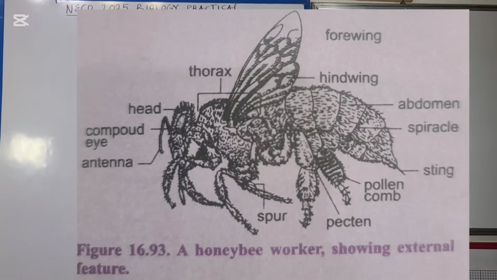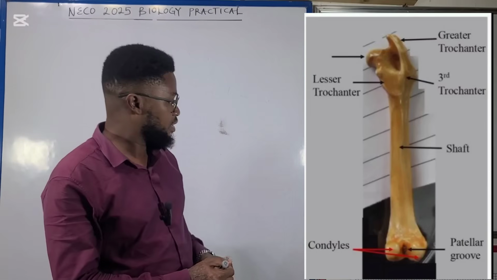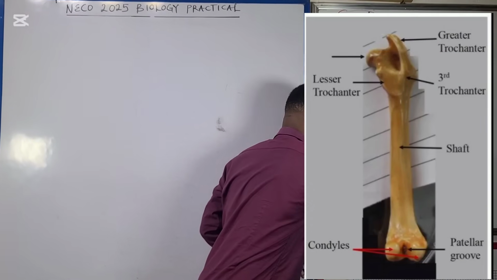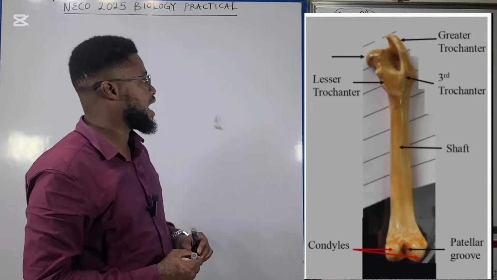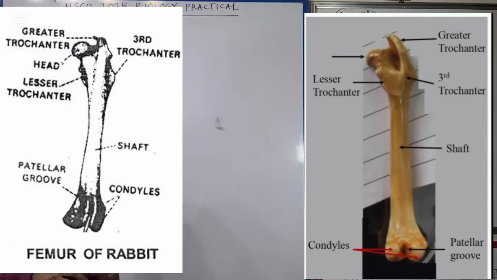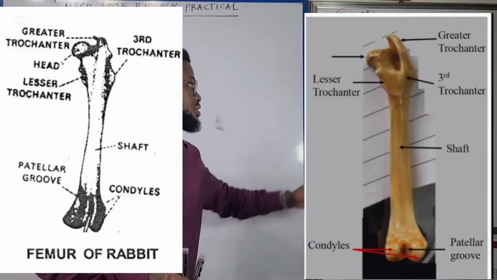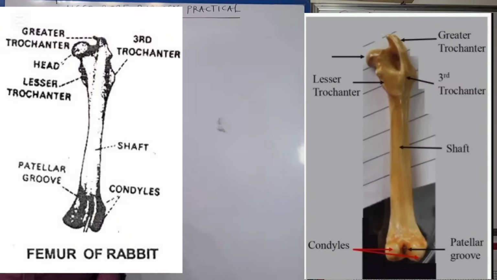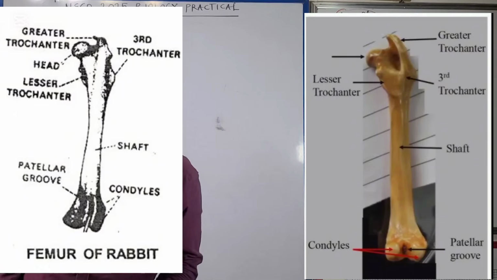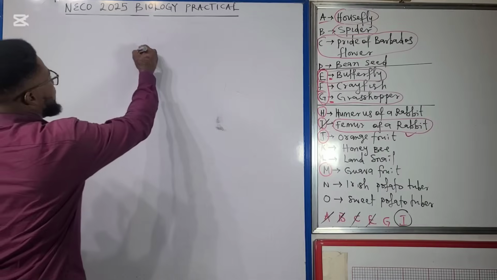Let's shift our attention to the last specimen marked for drawing. That is specimen I, the femur of a rabbit. It is displaying on your screen. By the femur, we mean the thigh bone of a rabbit. What should our drawing look like? Let's get right into it. It is always best to start